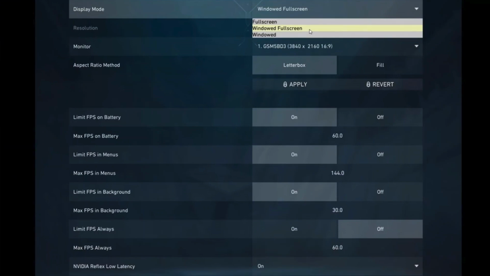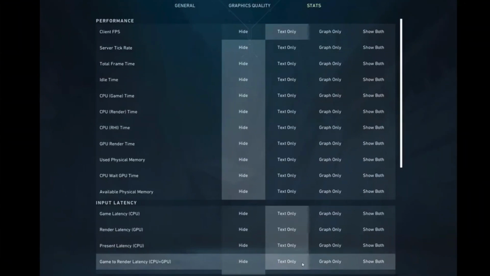Regarding limiting your FPS, none of these settings should ever be used if your goal is to maximize performance. The only time you want to limit your FPS is if the machine you are playing on is prone to overheating. To test which NVIDIA Reflex low latency setting is best for you, you'll need to measure your FPS and